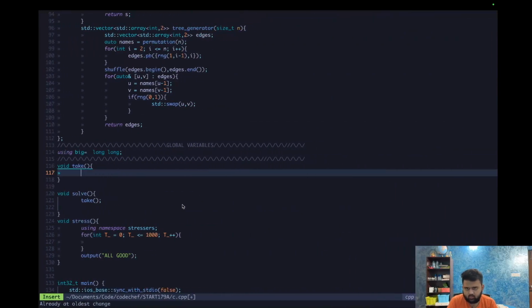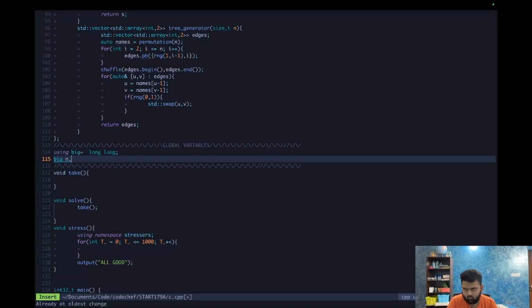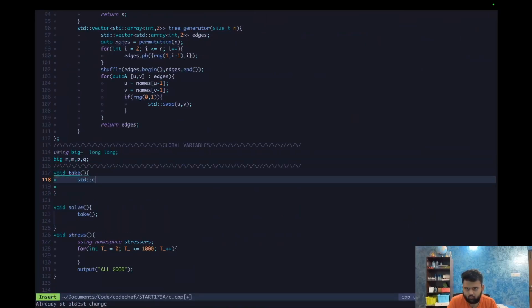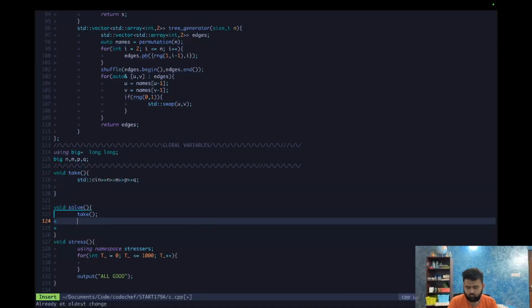I will make a helper function. So I will have one function that returns the